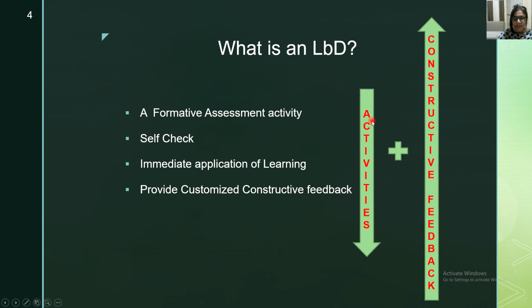Generally, when you are involved in certain activities or quizzes, what have you observed? Teachers simply tell you, yes, you are correct, or you are wrong. They generally do not provide constructive feedback on why answer A was incorrect or why answer B was correct. So customized constructive feedback needs to be provided, and students definitely wait for rapid feedback, which should be very specific and constructive, and will guide them to improve their learning.